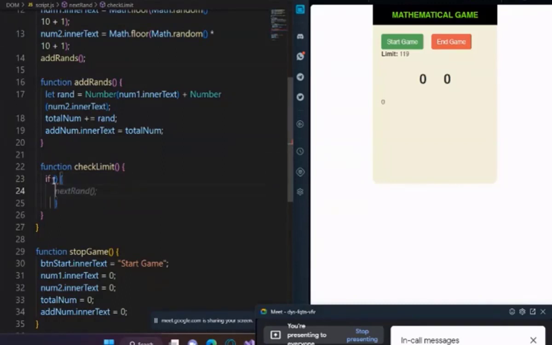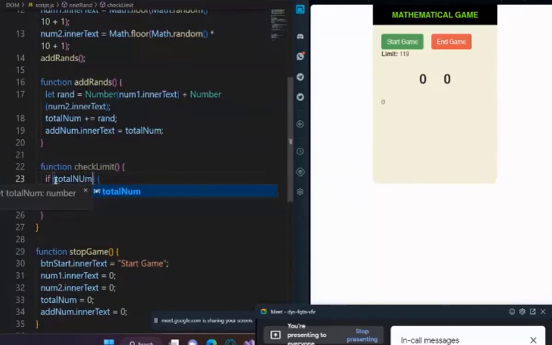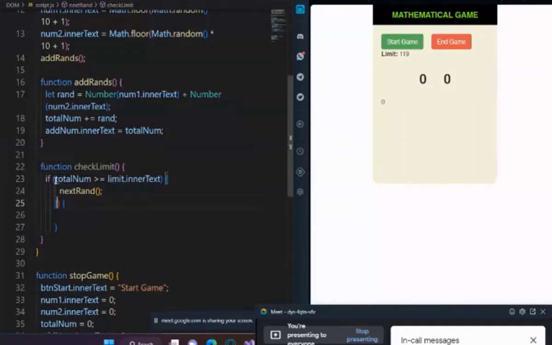If total num is greater than, that's our total num, yeah, if it is greater than